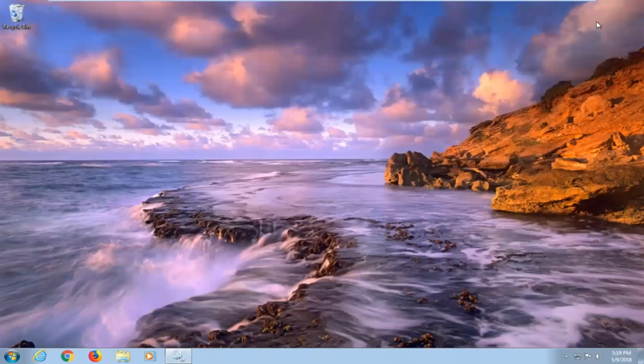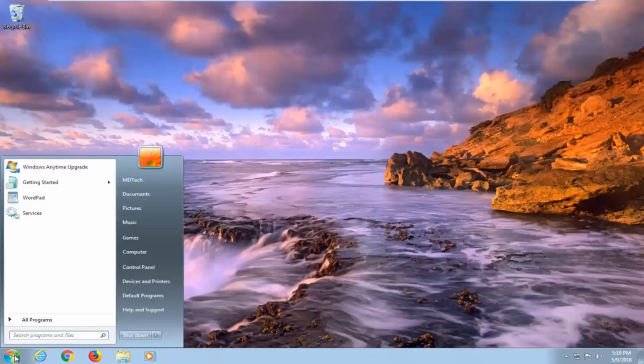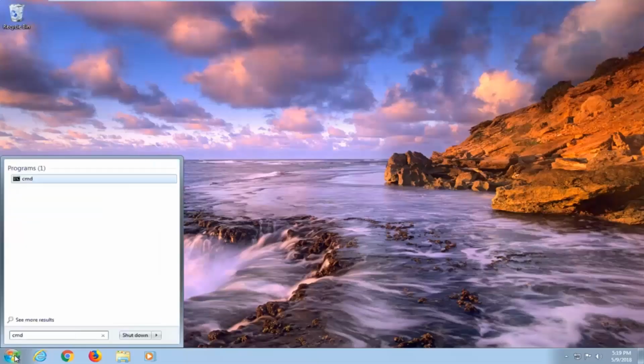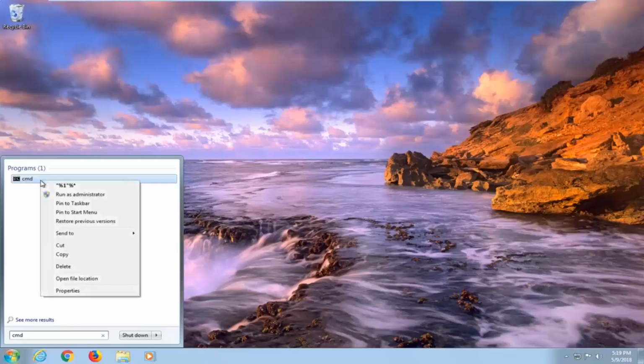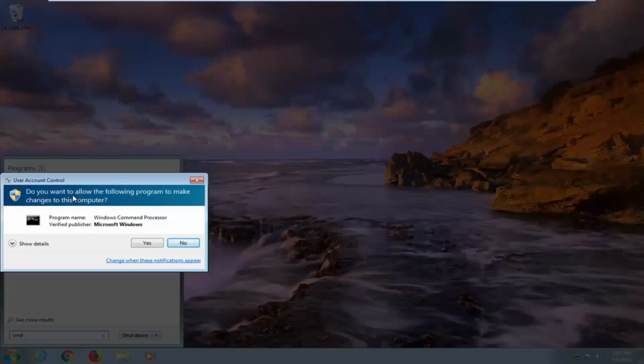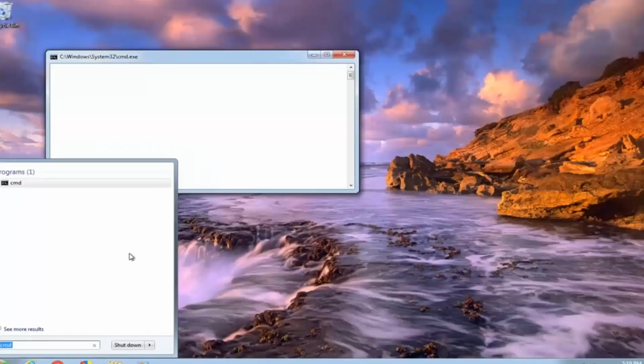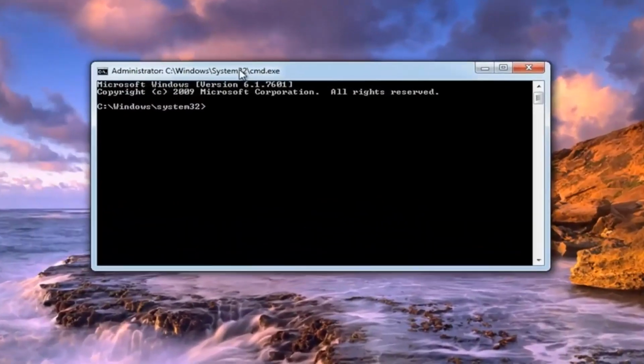So if you're still having an issue, I would recommend then opening up the Start menu, type CMD, open up the best match by right clicking on CMD here, and then left click on Run as Administrator. If you receive a user account control window, left click on Yes, and into the elevated command line, you want